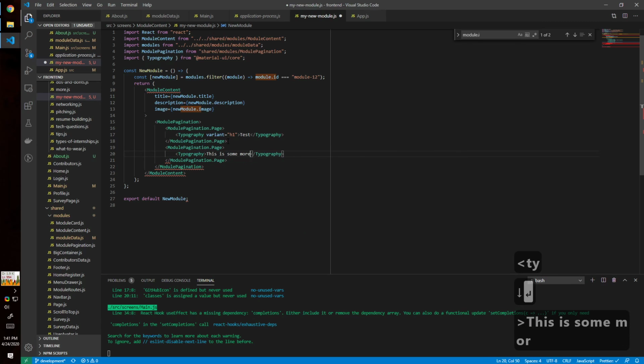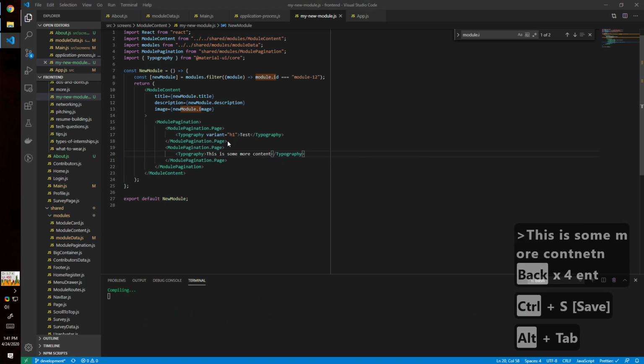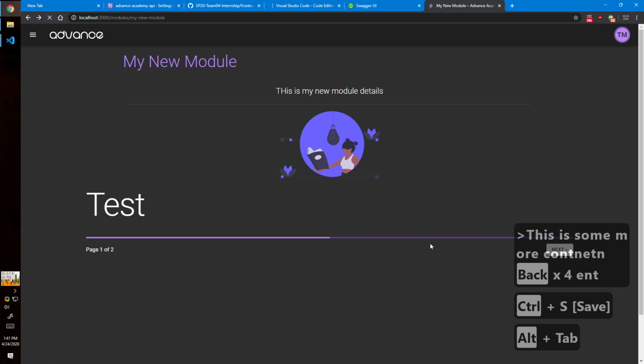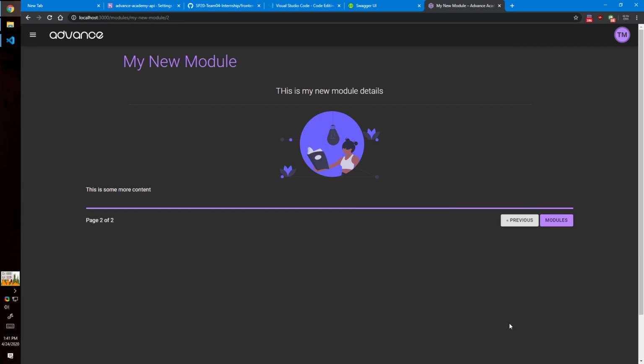This is some more content. So after this, we'll notice there is a next button, which then leads us to the next page, and so on. All right. So now that we've gotten through making a new page and making a new module,